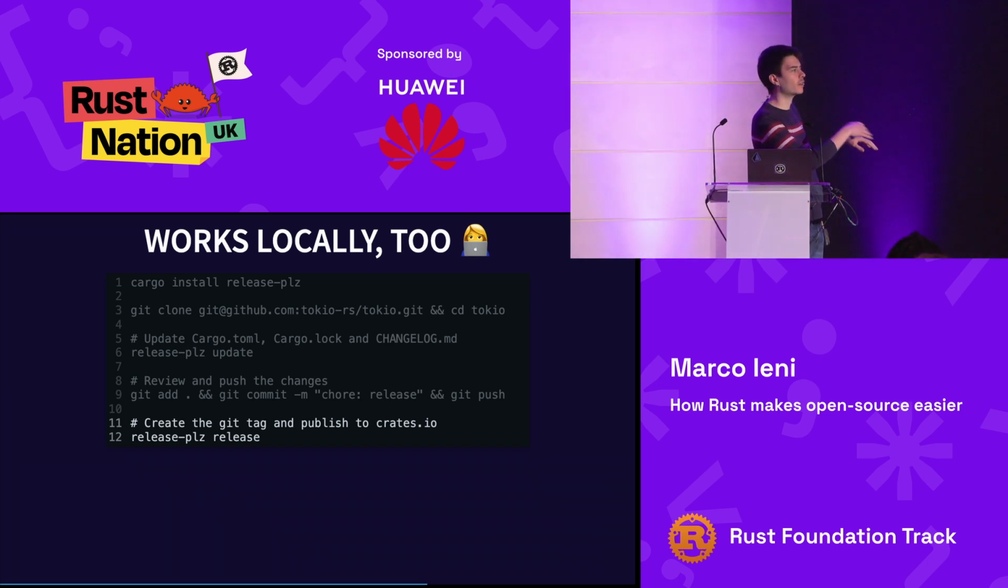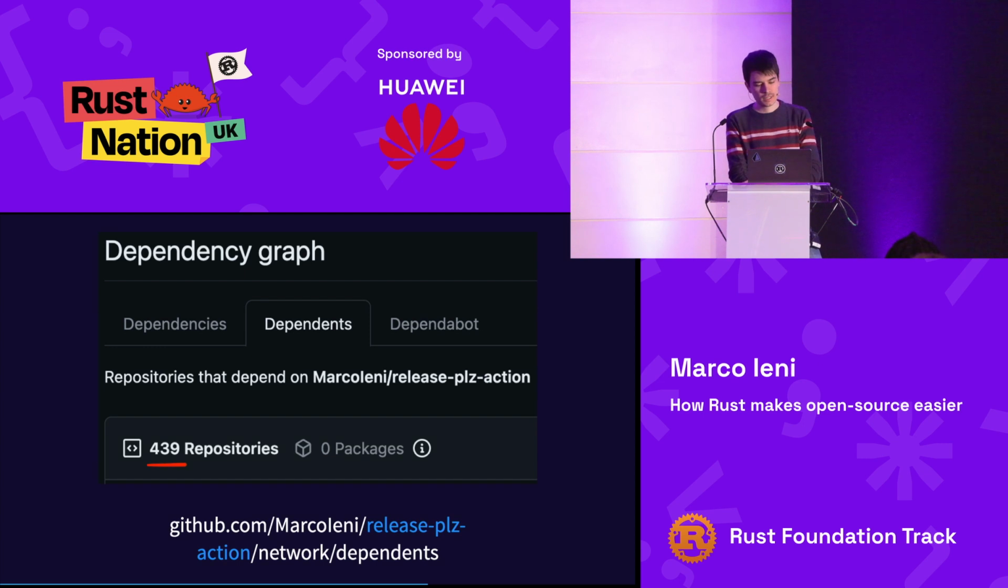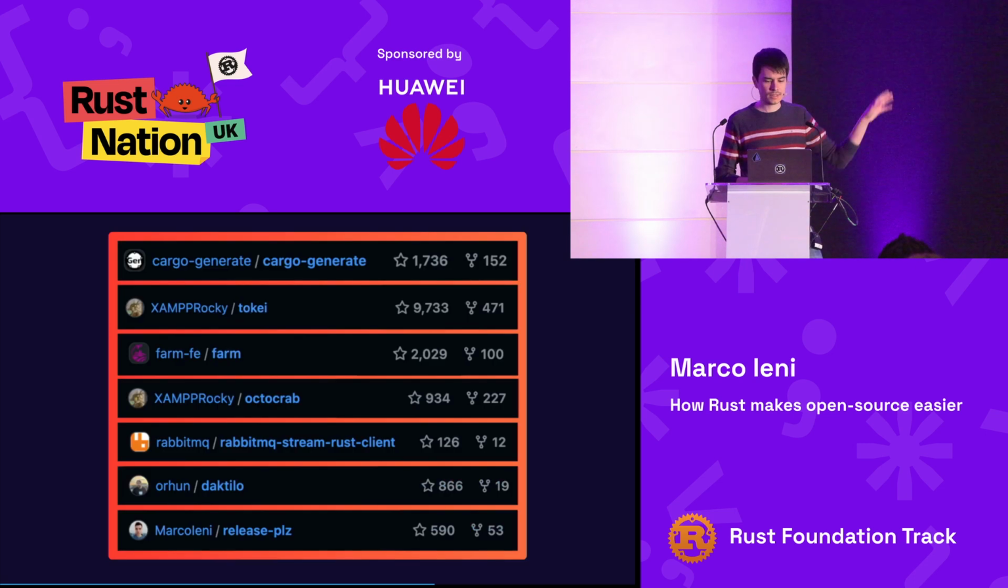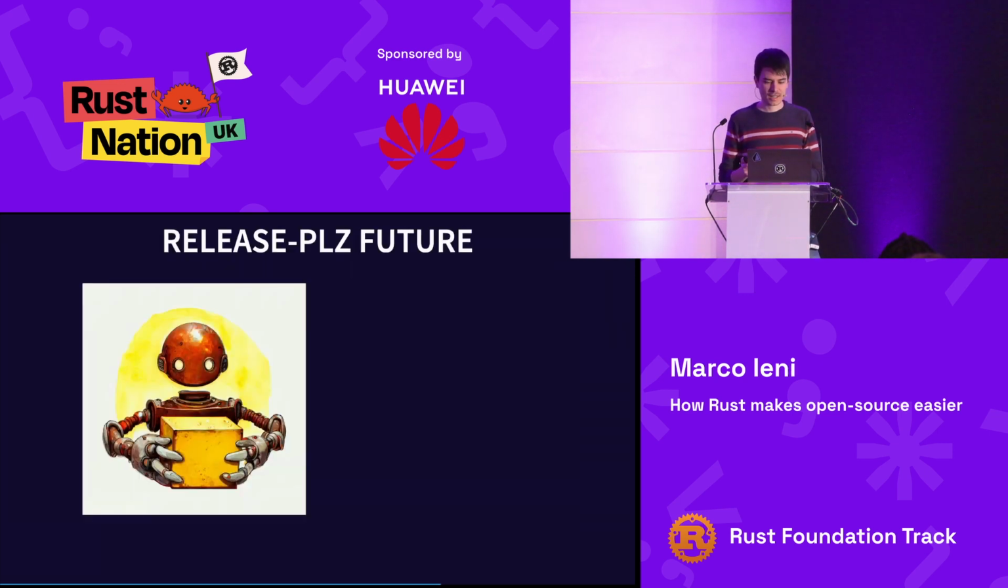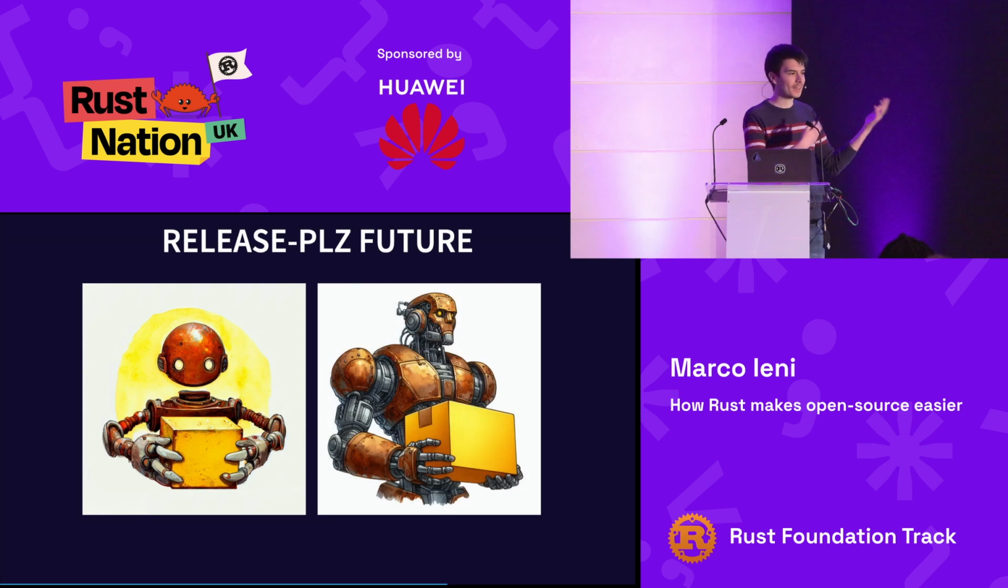So locally, you can run release-please release, and it will publish to crates.io and create the GitHub release. The release-please GitHub action is used by at least 439 repositories on GitHub. These are some of my favorite projects that use release-please: cargo-generate, Tokio. And right now, release-please is like this small robot that does a few things. I would like to add many features to it. So if you want to help me, reach out and we can make Rust